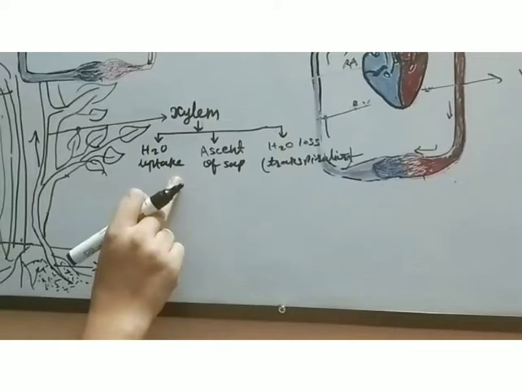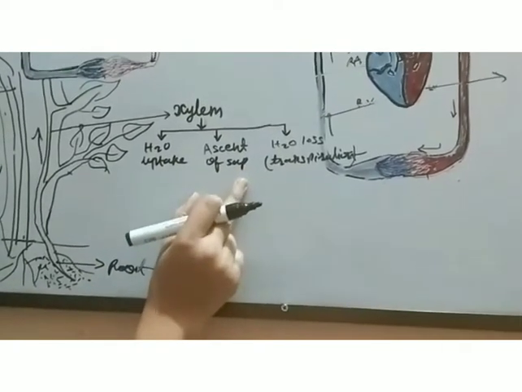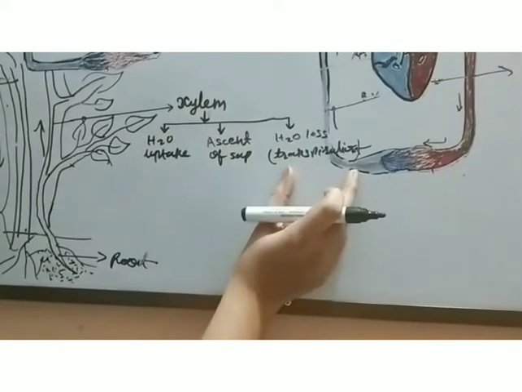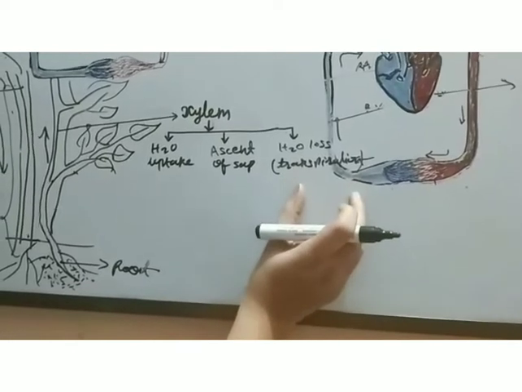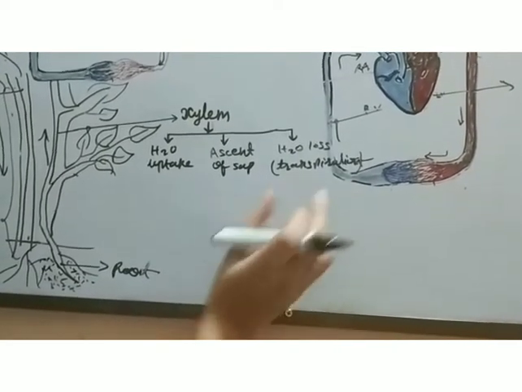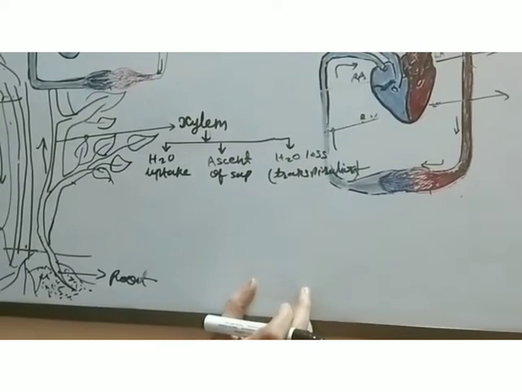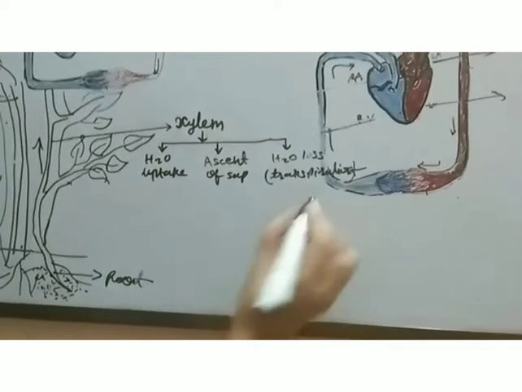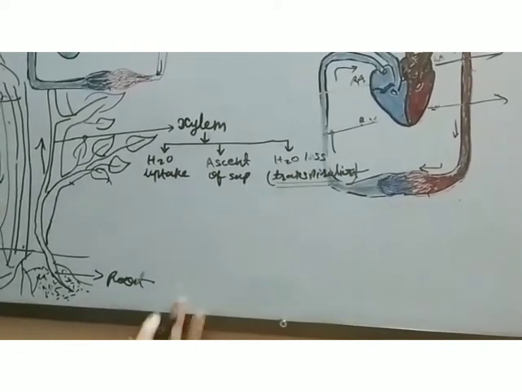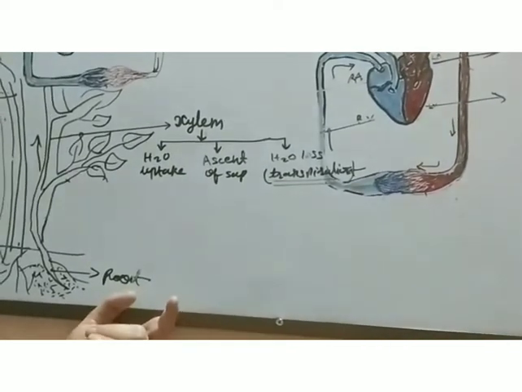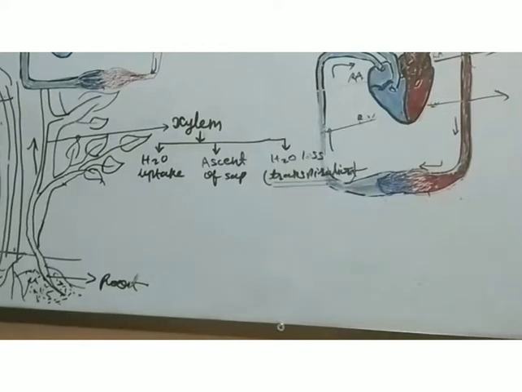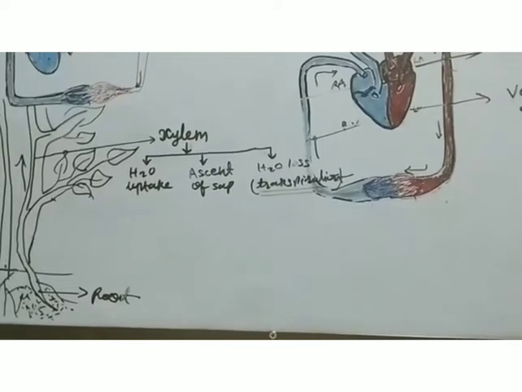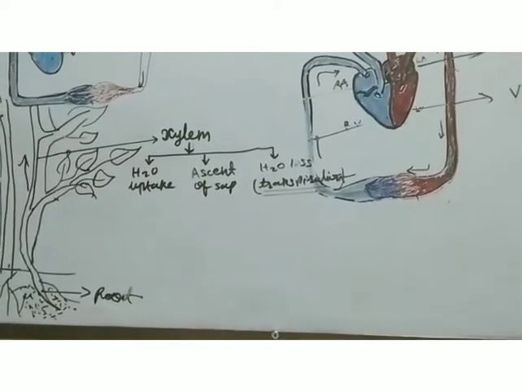In uptake, the absorption of water takes place. Ascent of sap takes place when cohesion pull is applied on the water molecules. And then when photosynthesis completes, the remaining part or byproduct of photosynthesis, which includes water, is eliminated in the form of vapor, that is called transpiration. As I told you, two popular theories are there for the conduction or transportation in plants, the root pressure theory and the transpiration pull theory.